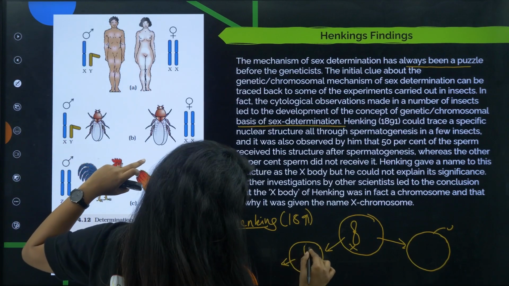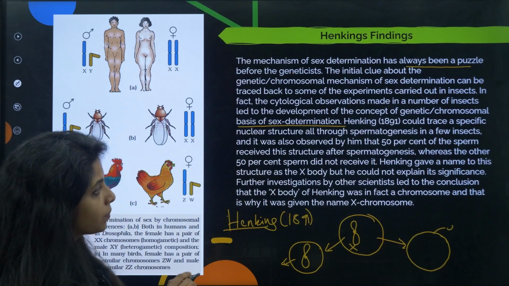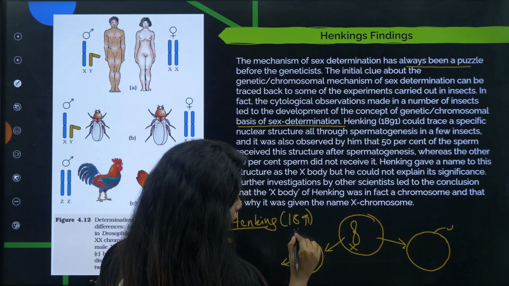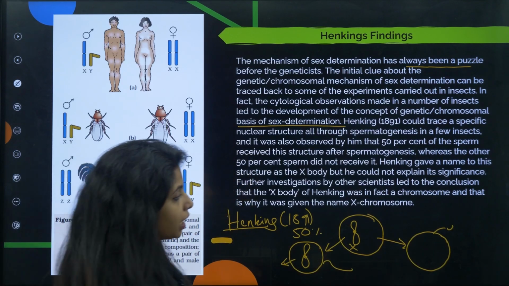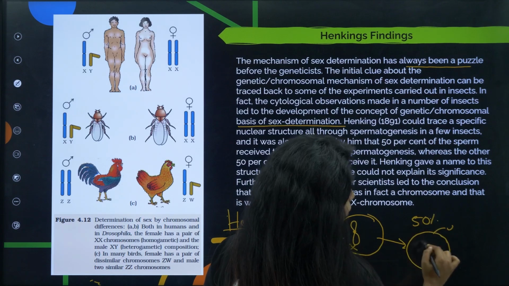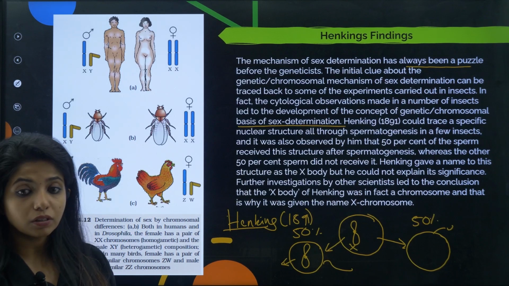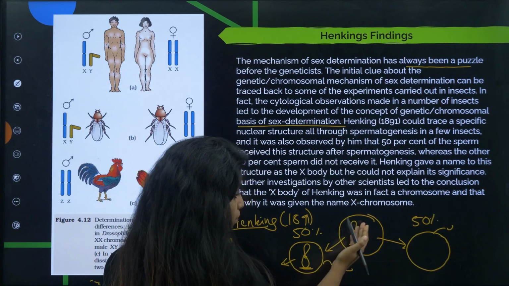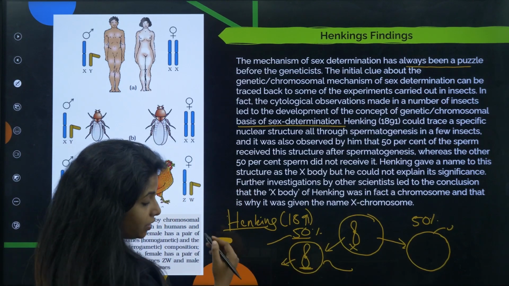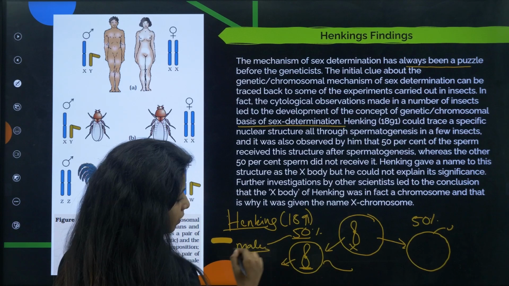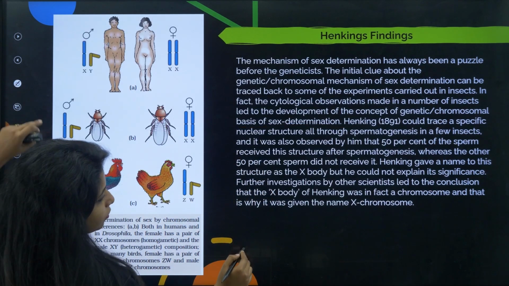He observed that one sex chromosome is going in one, and in the other the sex chromosome is not going. So, according to his observation, 50% of the sperms, which is this, were receiving this particular chromosome, whereas 50% of the sperm were not receiving this particular thing over here after spermatogenesis. So, he came to a conclusion, probably it's because of this particular thing which is passing down, that is why there are 50% chances for fertilization to happen and to become a male, whereas this particular thing would obviously